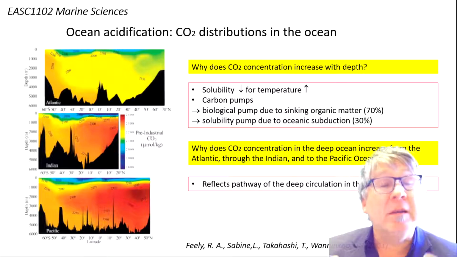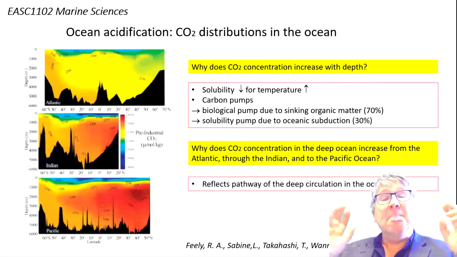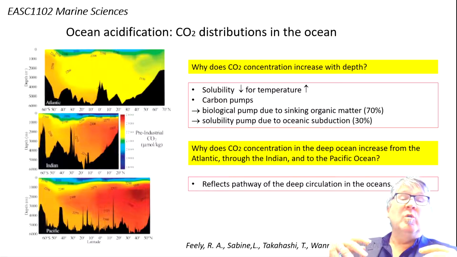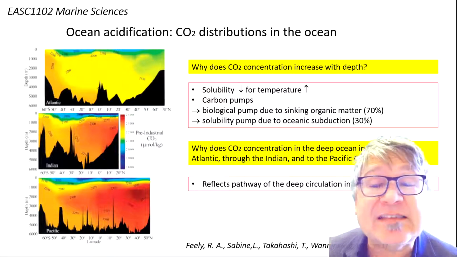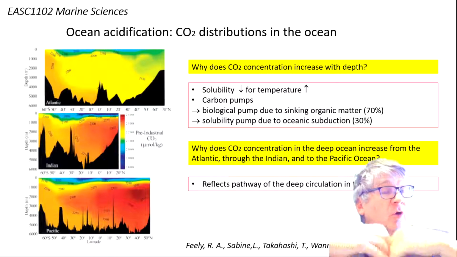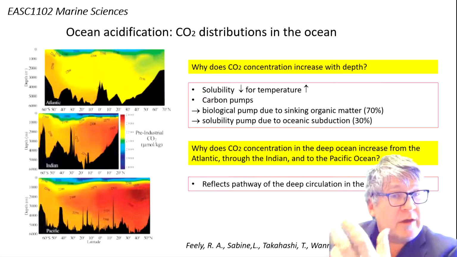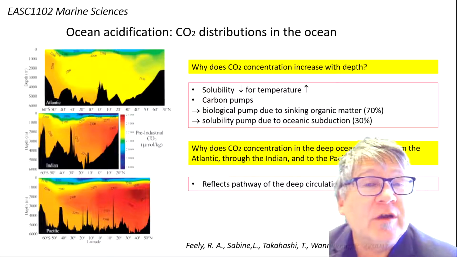This is a vertical pumping mechanism. The other mechanism is to do with something we call subduction. It's the cold waters in the regions where you have deep convection, or dense water formation in the ocean, that take up